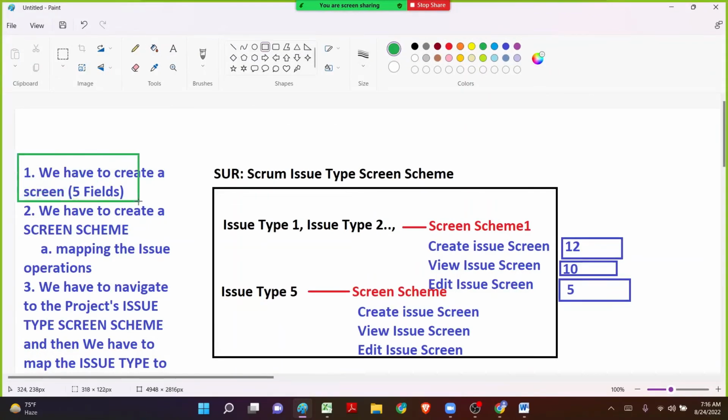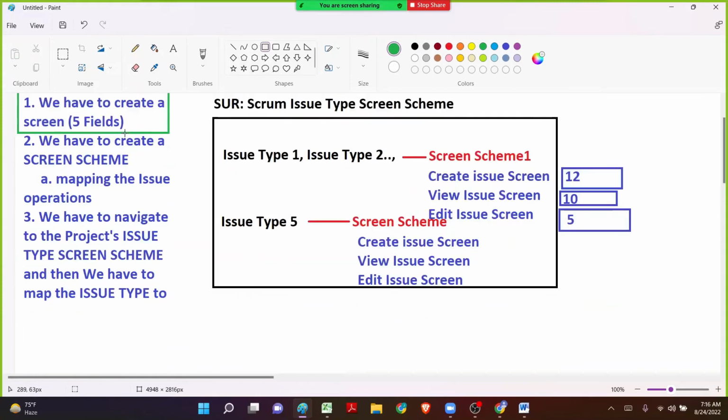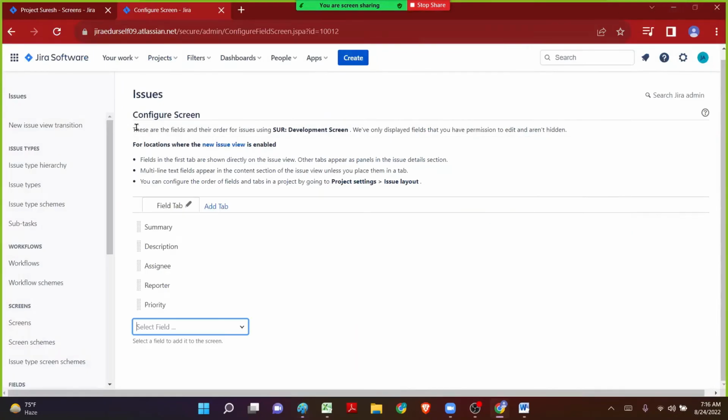We have to create a screen and we added 5 fields. This activity has been completed. Step number 2, we have to create a screen scheme, and inside the screen scheme we have to map the issue operations. Alright, coming back to the global page,